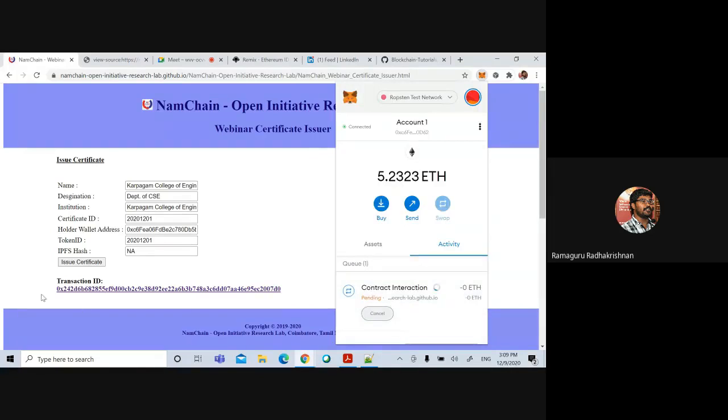And once you submit the transaction, automatically you can get the transaction ID irrespective of whether the transaction succeeded or failed, which is similar to our day-to-day transactions. Whenever you do a transaction in any mobile application, you get the transaction ID, whether it is success or failure. So now this transaction ID,